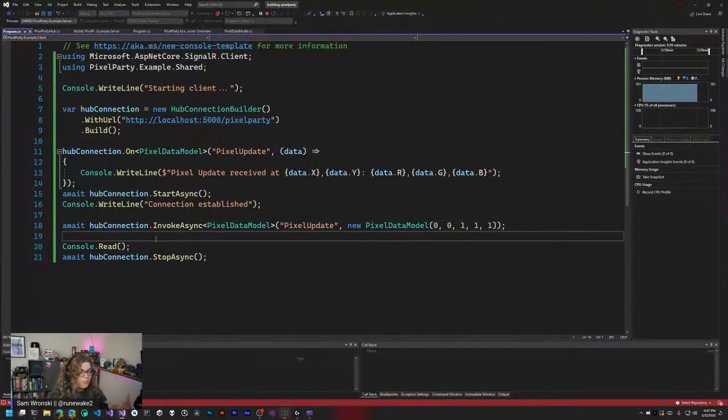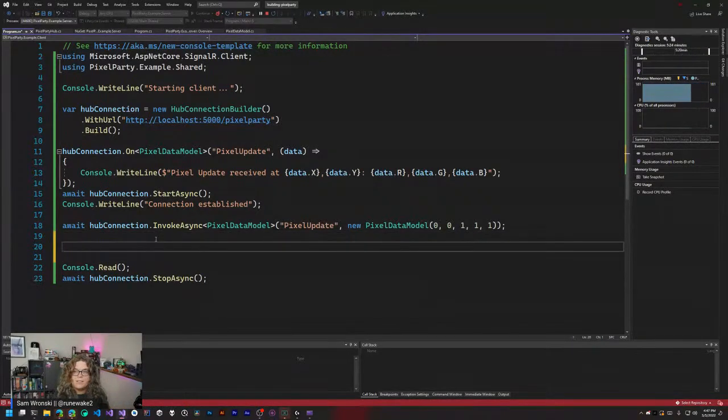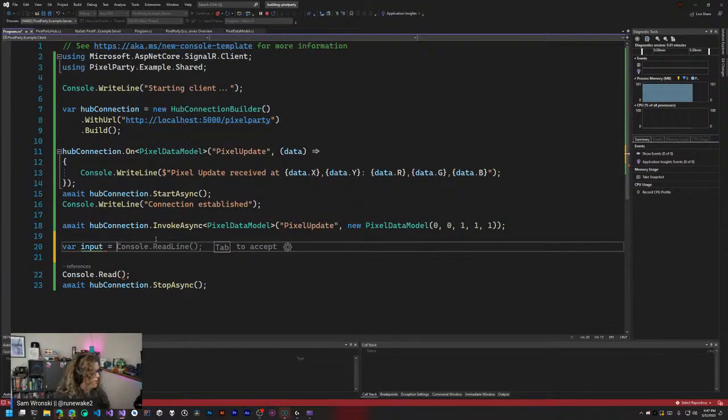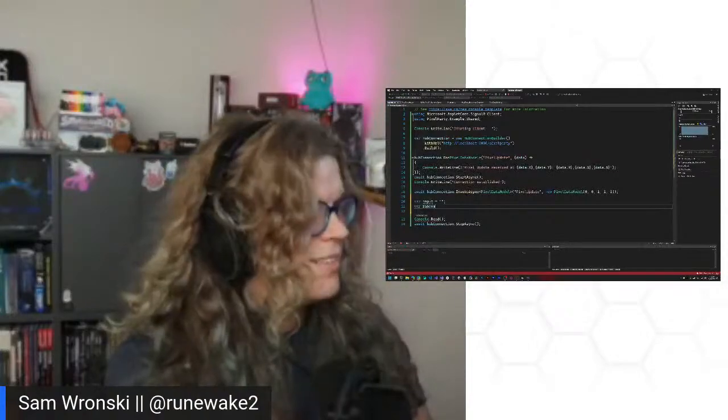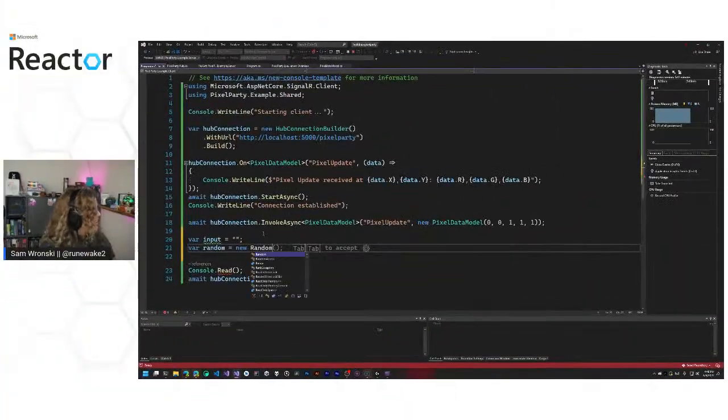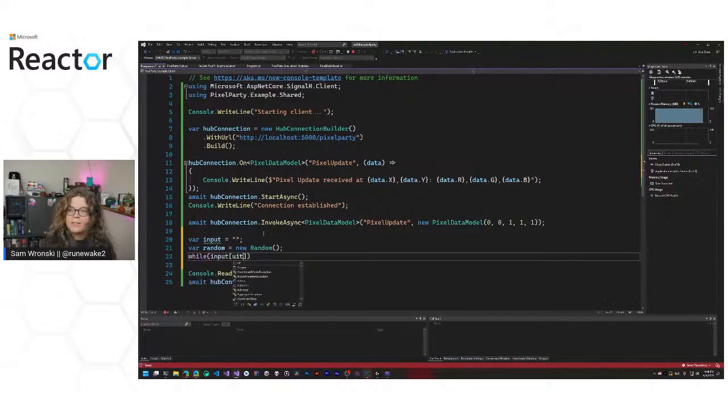So what I'm going to do is change this so that we have some inputs that we can read. I don't really want to write a parser, so this will be interesting, but we're going to set up just a basic input string with some random data. Random equals new Random. There we go. And then while